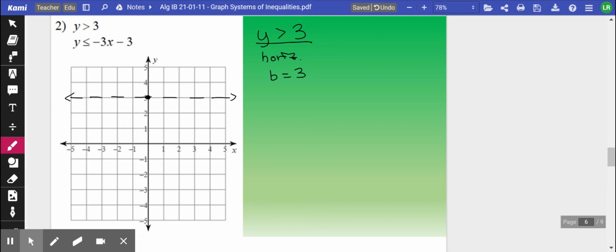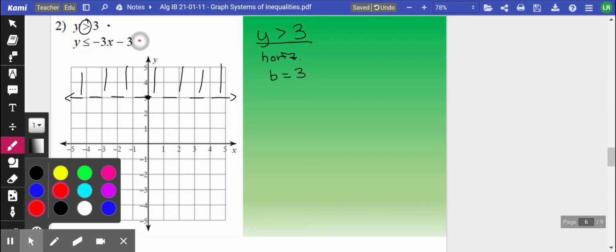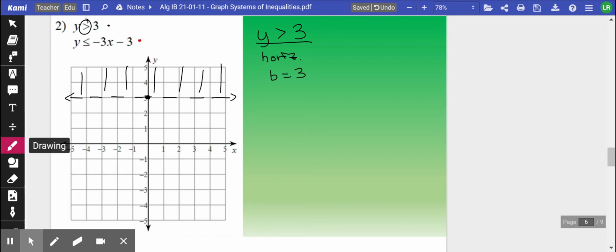Where would this one be shaded? I'm looking at my inequality sign, up or down? Up. Okay, so I know up here is where my final answer is. I'm going to do the second one in red. Okay, so the second one,